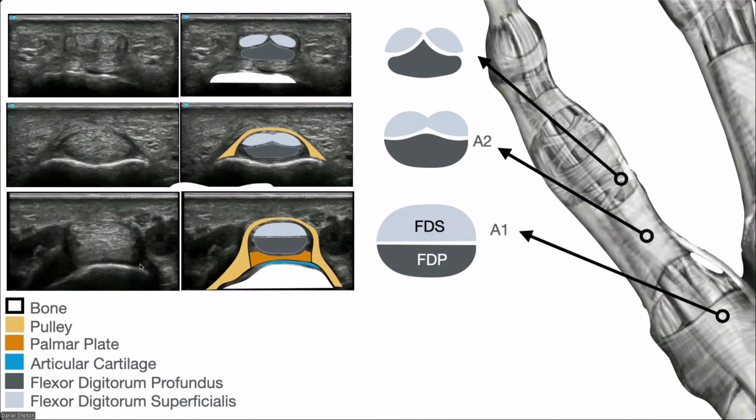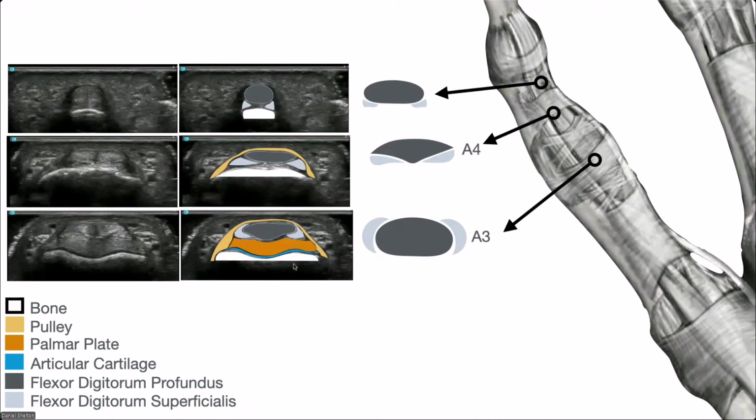These images were taken with our L19 transducer, the small footprint linear 19 megahertz. It's not the larger footprint L15 that I'll be using in the live demo. And it's not the ultra high frequency 46 to 20. So it's kind of our in between, a lower frequency than ultra high frequency, but it images very nicely. And you can see the pulleys very nicely here. As we go more distally at the level of A3, we've got profundus now completely between superficialis. Superficialis is split on both sides.